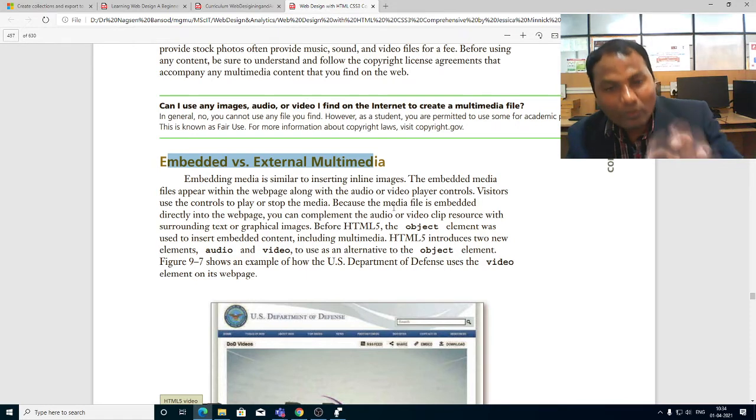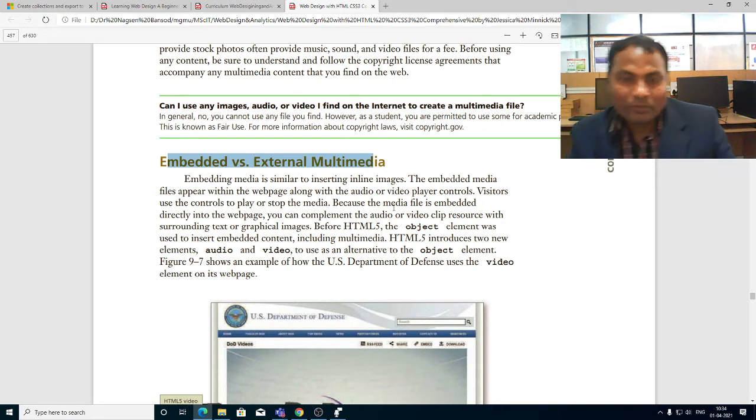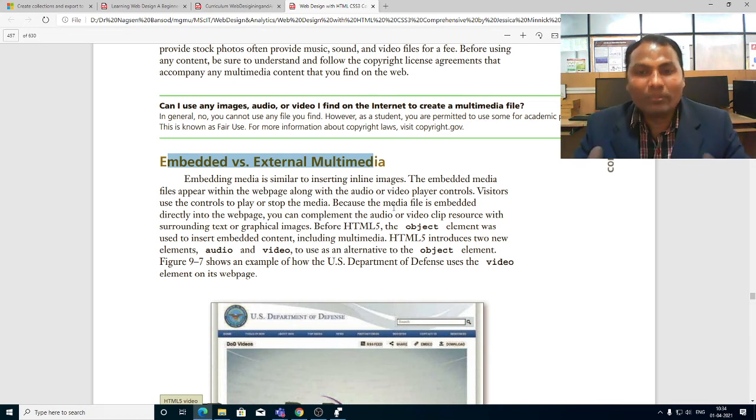If you have recorded the video through your mobile phone, then you use the video player there to see that file. But with an external file, there is a chance you will download the file, but the file will not play on your mobile or on your computer. Why? Because the file format may be different from your media player.